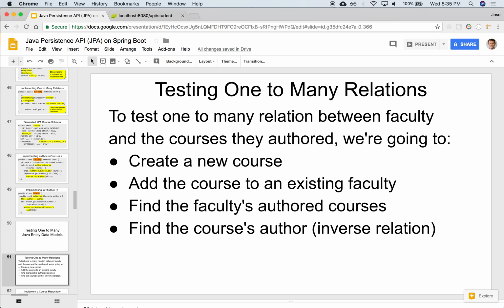So we've created faculty and we've created courses and created a one-to-many relationship between the two. So what we'd like to be able to do now is to actually test it. See if we can create relationships between the two. So the way we're gonna do this is that we're going to